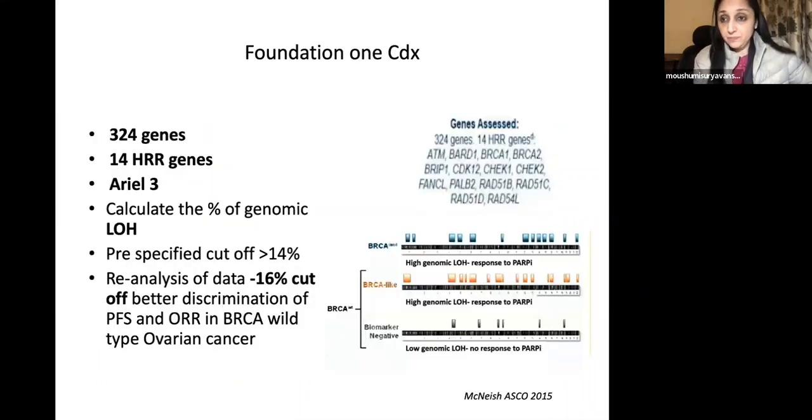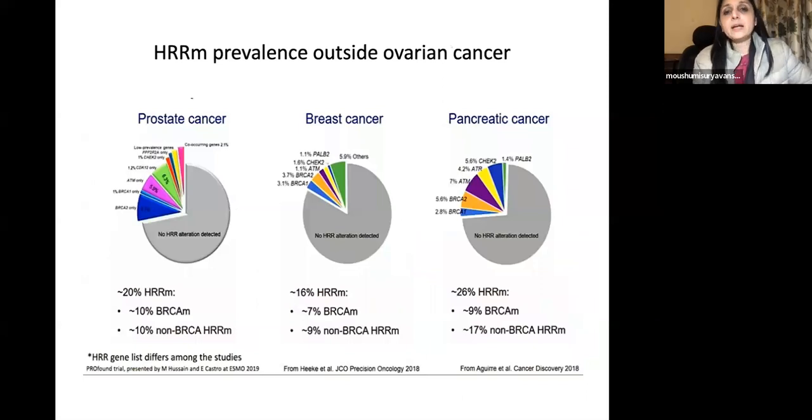That is the recommendation. And coming to the second test, which is the Foundation One CDx, it is a huge panel which has 324 genes, and it has 14 HRR genes. And this was approved as already shown in the ARIEL3 trial, and the cutoff has been 16. So besides your ovarian cancers, as I already told, the prostate, breast, and pancreatic cancers also have mutations of